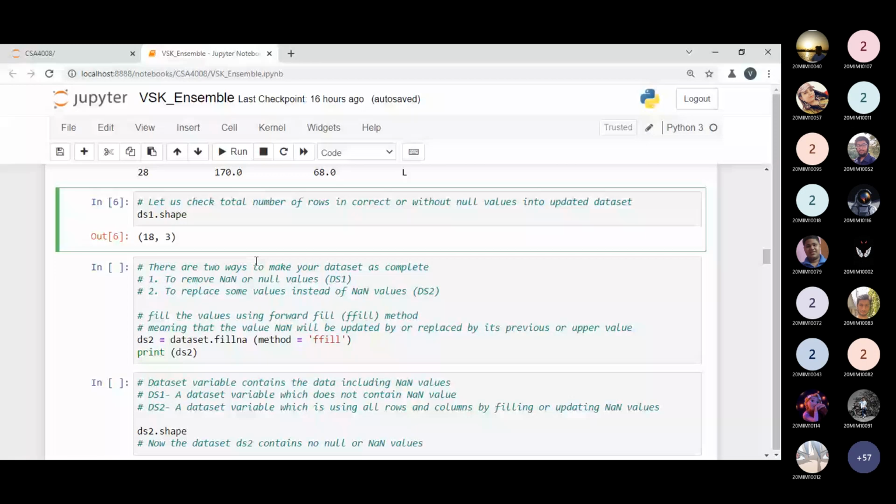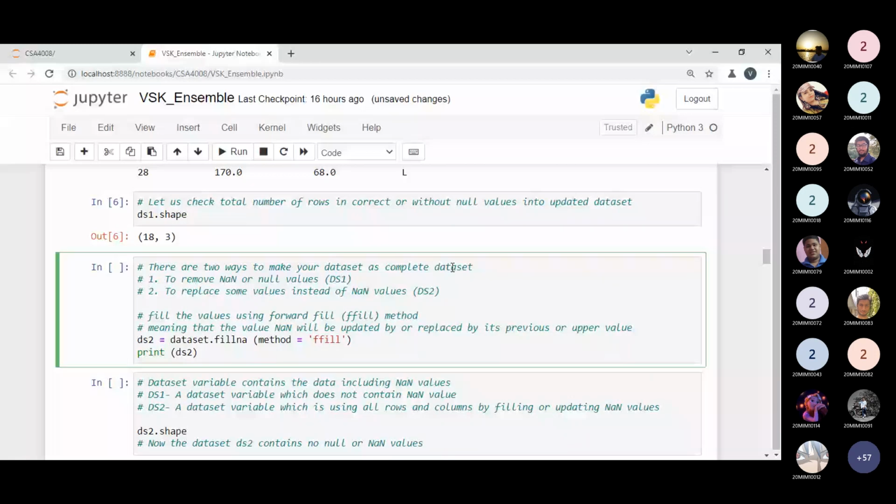So there are two ways to make the data set a complete data set. The first option is to remove the not a number or null values. So ds1 we have used. Or we can replace the not a number values by other values. For these other values we can use the average, the mean value, or we can fill using a simple method.